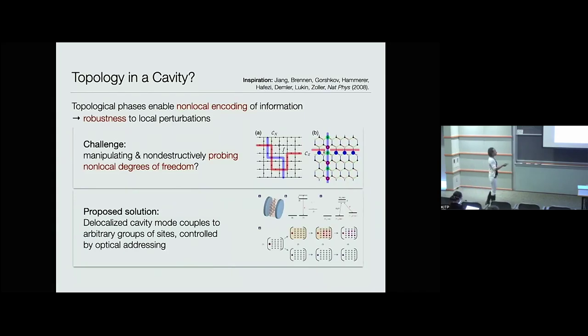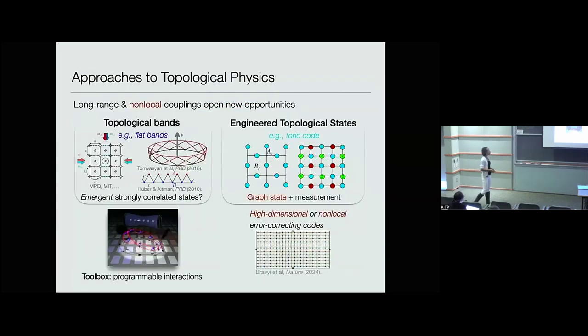So, you know, the ultimate dream would be maybe some lattice of qubits where you can pick which string of qubits you talk to. We're not going to be doing that yet. But we wanted to build the simplest kind of topological model we could in our system and start to explore this notion of using the cavity to measure something non-local.